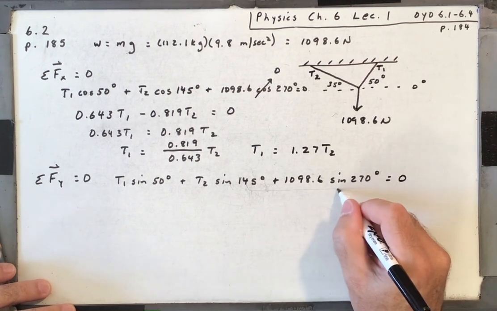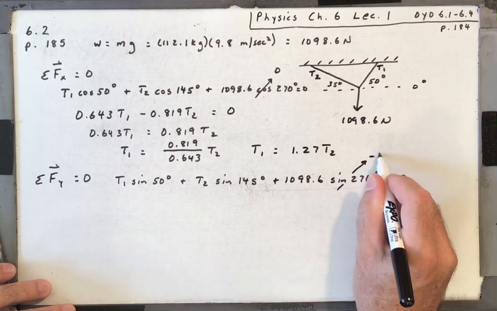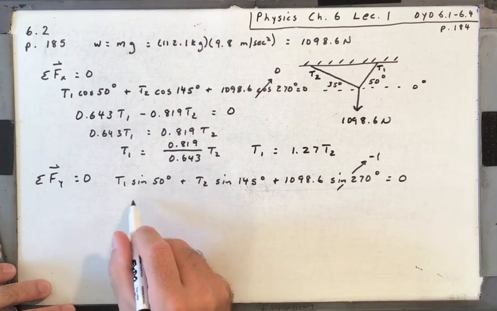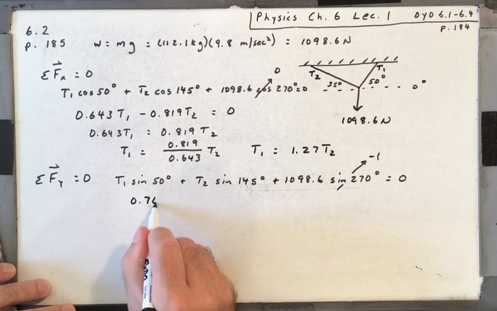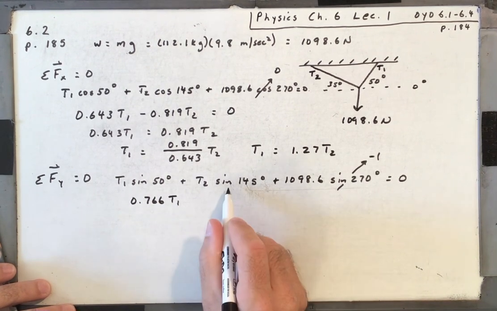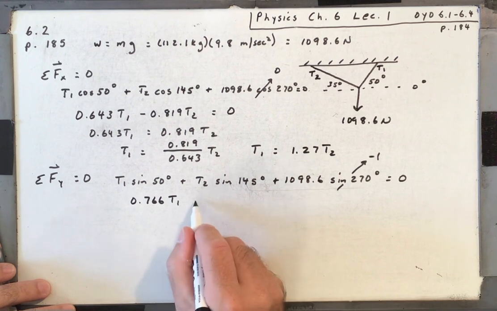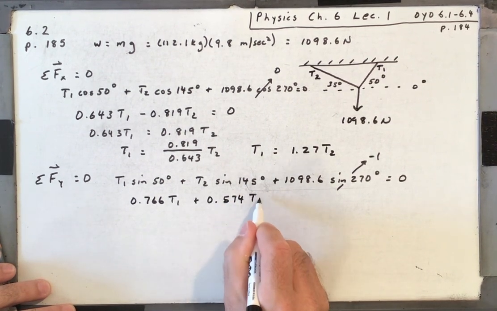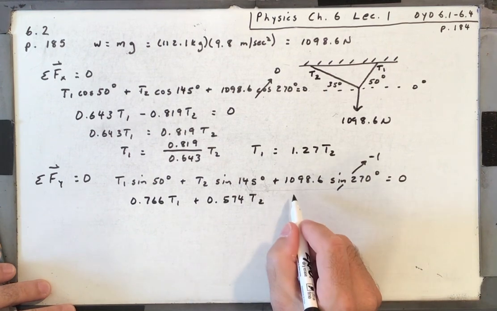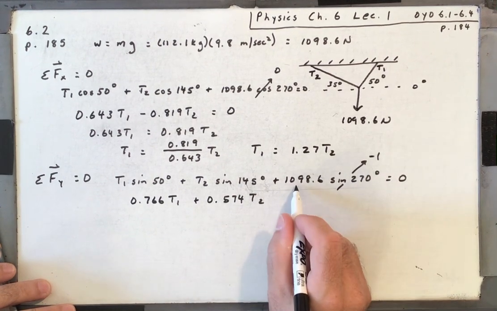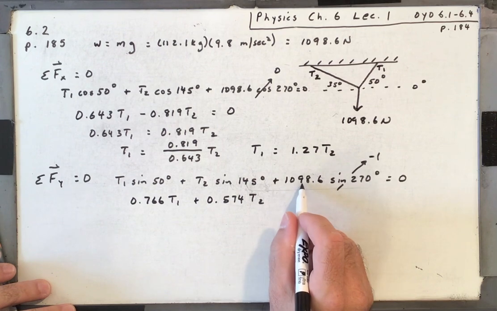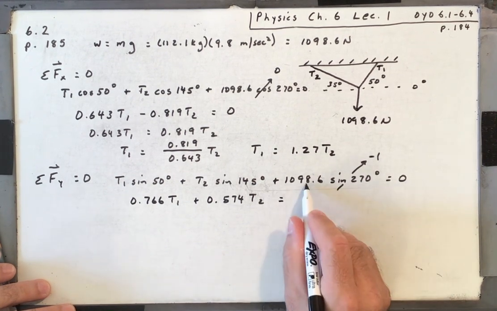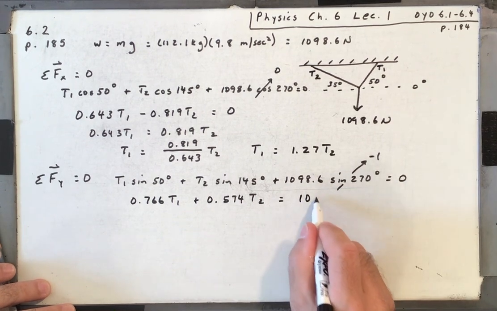Now the sine of 270, you can put that in your calculator, but it's negative 1. Sine of 50 is 0.766. Sine of 145 is 0.574. And then we'd have negative 1 times 1098.6. That'd be minus 1098.6 equals 0. Let's go ahead and move that minus to the right side. So equals